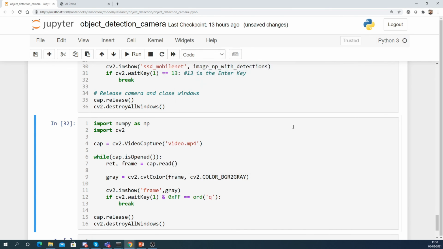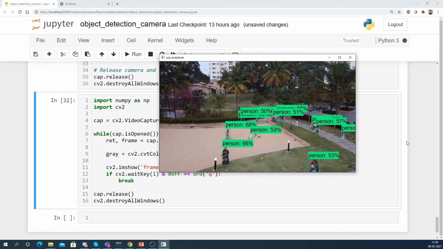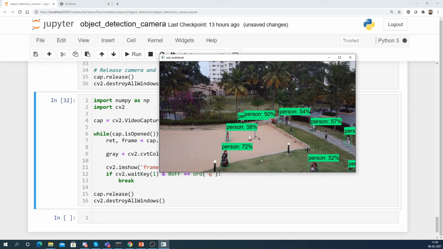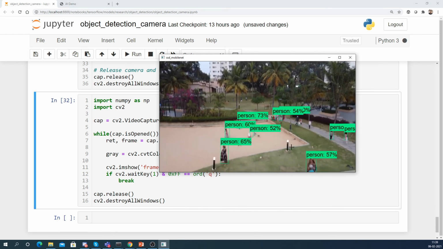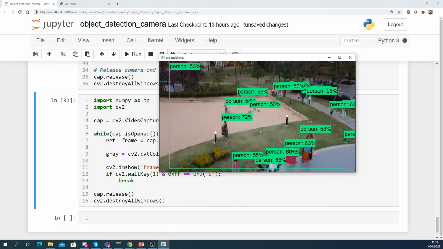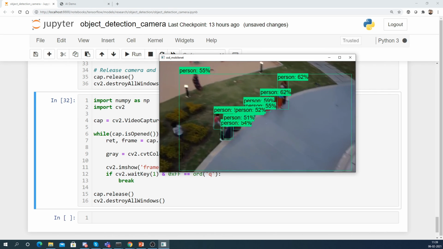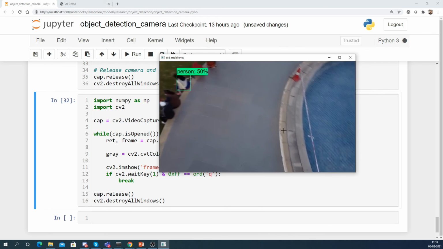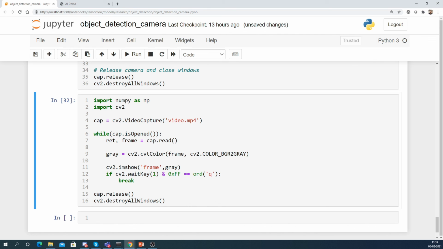I'll show you one more example. Instead of doing test1, I'll do test.mp4. Now here also you can see how it is detecting all the persons, right? At whatever distance it may be, it will be able to determine bicycle, person, everything, whatever we want. So these are some of the examples that I'm doing, and I'm also going to start this object detection tutorial very soon. Keep following my YouTube channel. I'll try to develop this completely step by step, and then we'll try to understand how it is implemented. So yes, this was all from my side. If you have any questions, please do let me know.